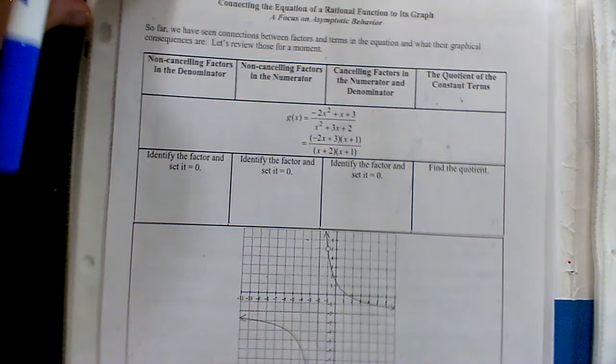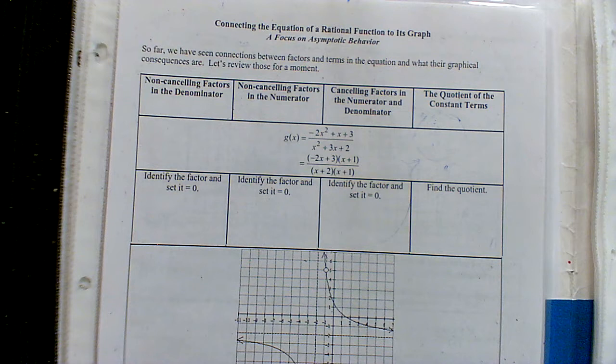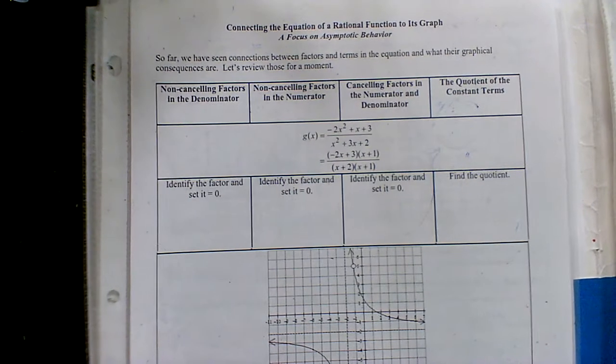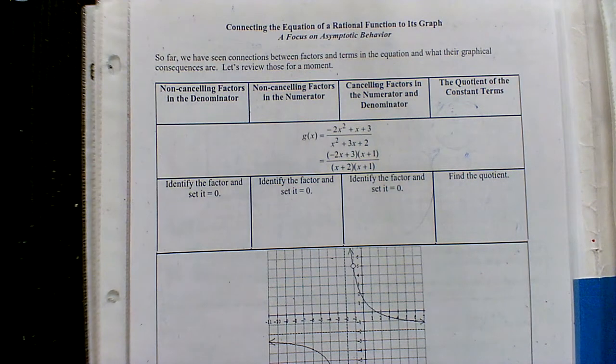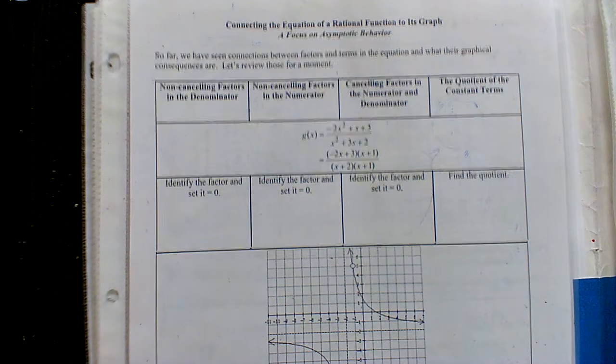So we're going to be talking about connecting the equations of rational functions to its graph. Everything we were talking about before our long break was analyzing the graphs of rational functions, talking about asymptotes, zeros, holes, y-intercepts, x-intercepts. That's all information that we were finding. So we're going to go through this, finding that information again,